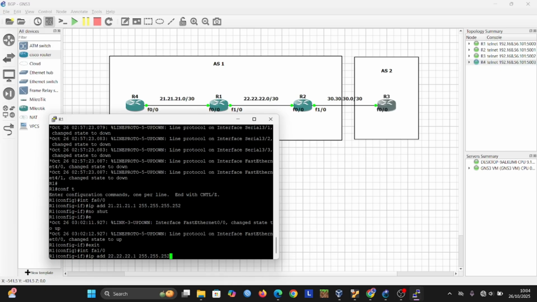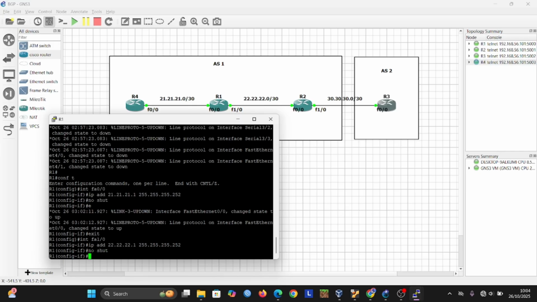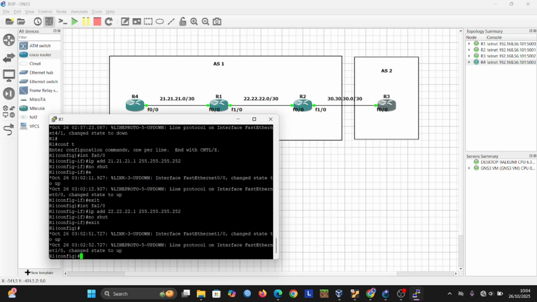We no shut and exit to close this config.